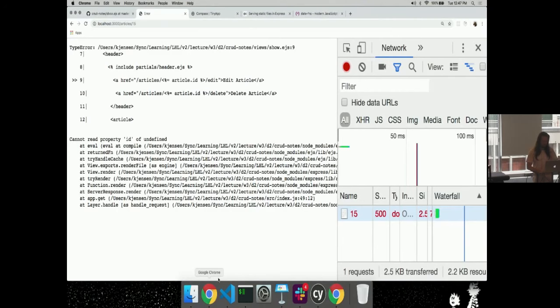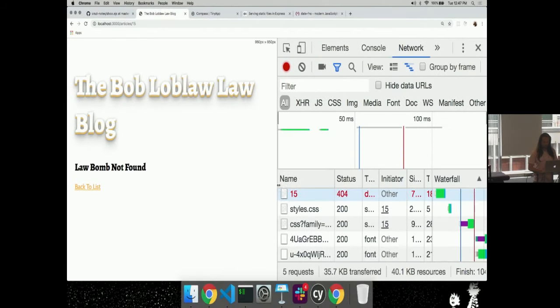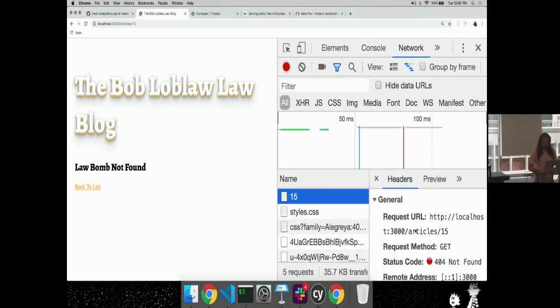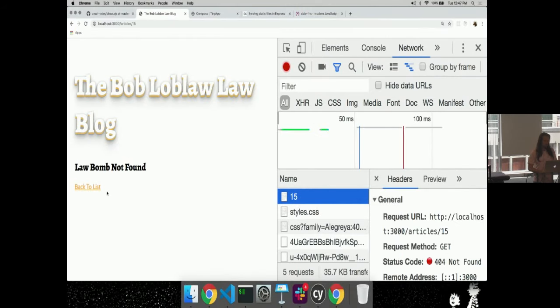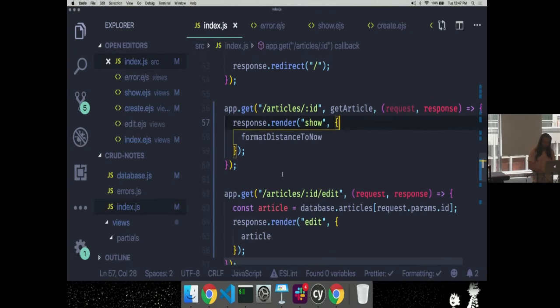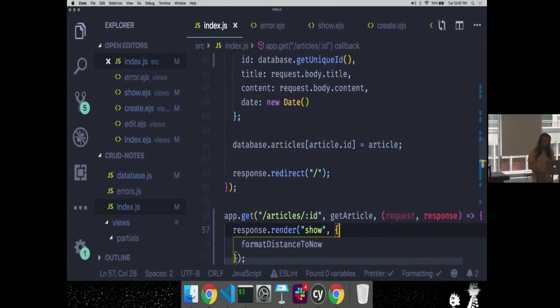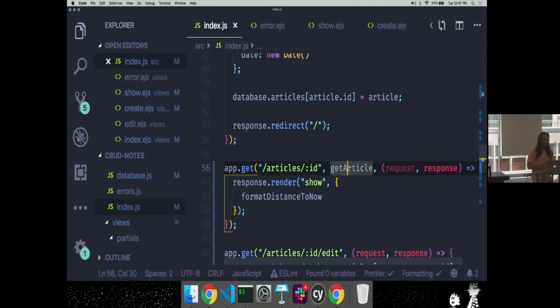past where we need to be, but let me show you that this is what happens now when I get a 404, when I go to a path that doesn't exist, I get my 404 error, and it actually is a 404 in here. 404 not found. And I can go back to my page, and that works. But you see, this has no reference to article here, but article is available because of this middleware that I've used.